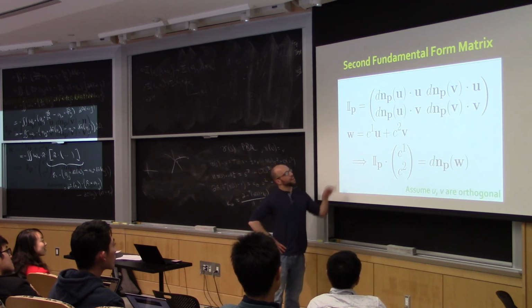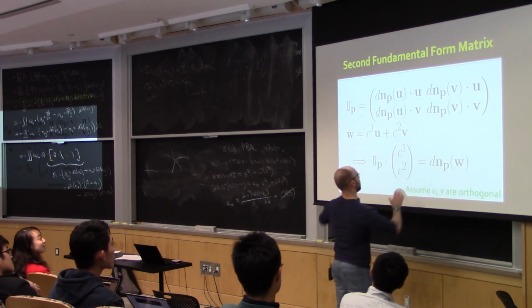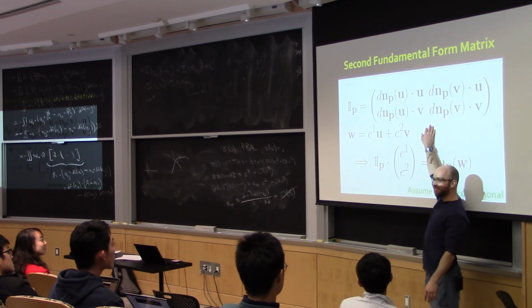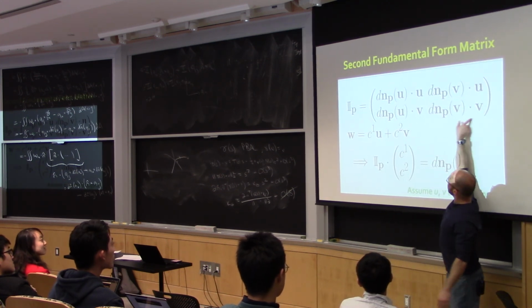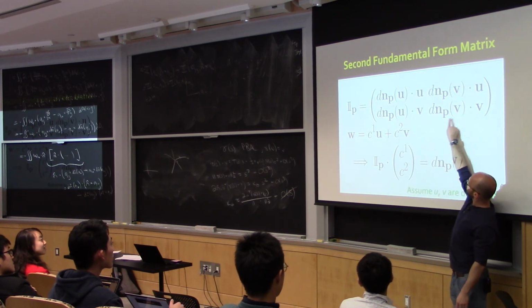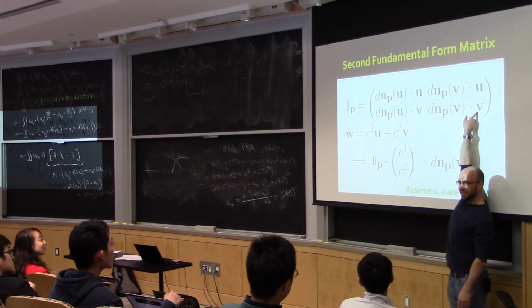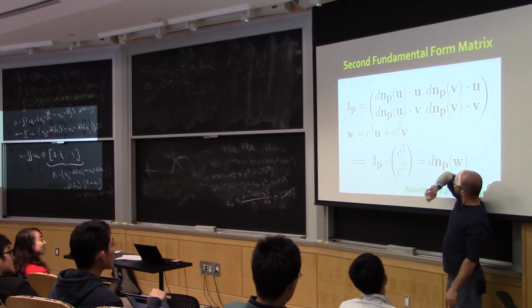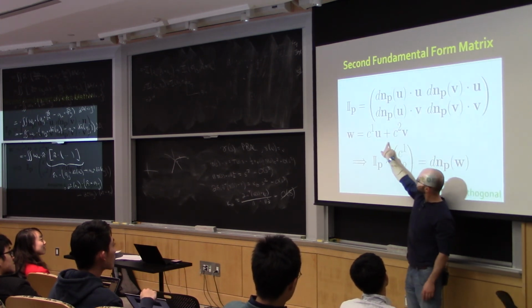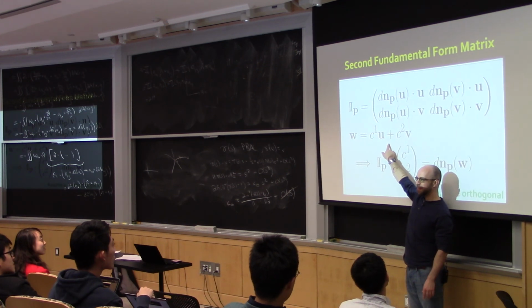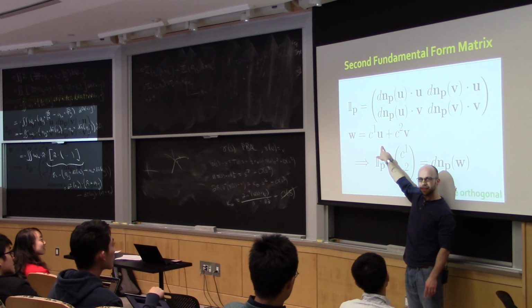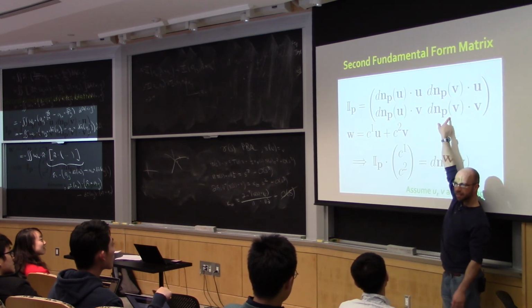In this case, this is Szymon Rusinkiewicz, who writes out the second fundamental form of a surface in coordinates. You can think of it as a 2 by 2 matrix. It's literally dn dot v. I guess I forgot a minus, my bad. Now let's say I take some other vector w and write it in the same coordinates. If I want the directional derivative of the normal in the w direction, it's quite simple: I just multiply it by this matrix.